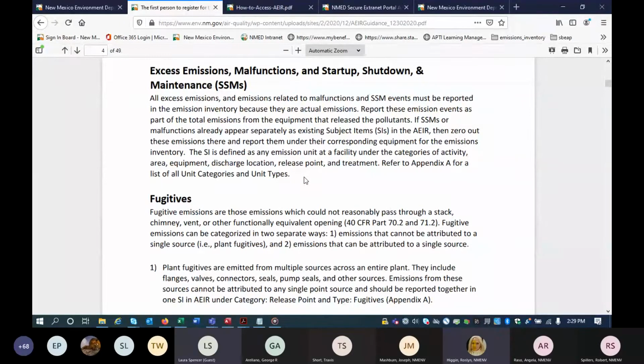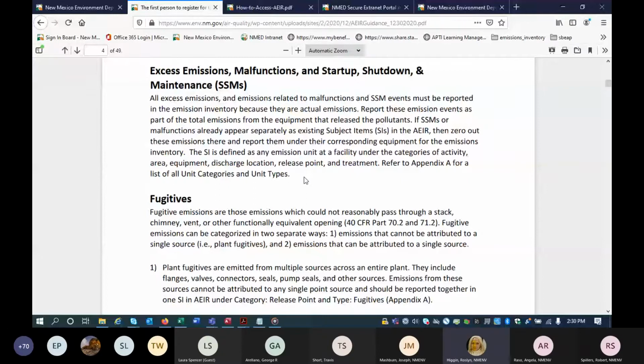That's fine, but there are also excess emissions malfunctions that are not associated with a different unit. They're a different piece of equipment that's not necessarily included in the emissions inventory. It's still a malfunction, and that's how it's tracked and reported. So would that not go in the malfunction emission row? Because our NSRs are already set up with those two separate line items. If your NSRs are already set up that way, then that's fine.